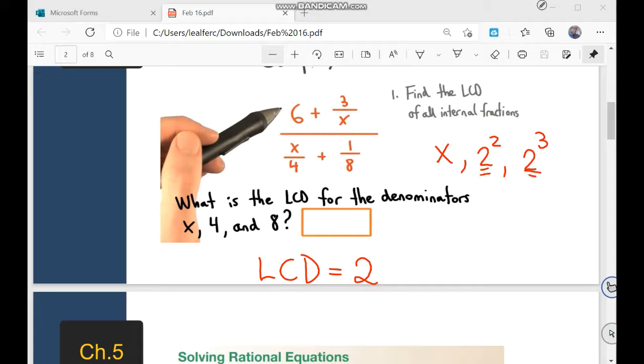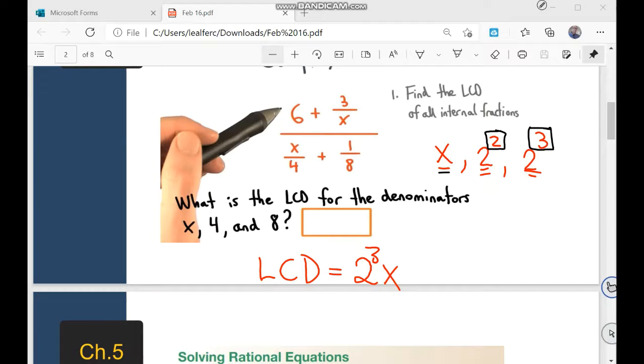Another unique factor is x. But now you need to find also the exponent of each unique factor, and you're going to use the highest exponent. Check it out. For 2 you have squared and you have cubed. The highest exponent between squared and cubed is